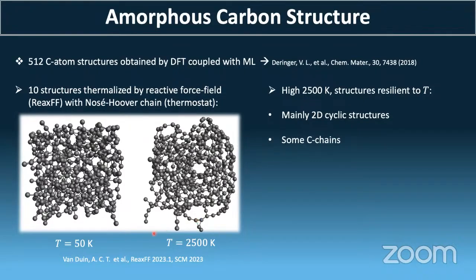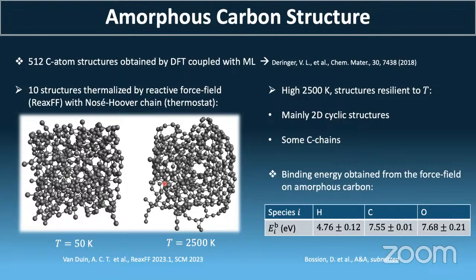And we can also see some carbon chains. Of course, this reactive force field type of calculation is not very accurate, but I think it's already interesting to notice that the 2D cyclic compound in the carbon chain is something that we find a lot in space. And to see that naturally, just by thermalizing any amorphous structure, we actually already obtain those. So then we can imagine that PAH can easily be formed this way also, just by thermalizing structure. I mean, thermalizing in the media where the temperature is high, it will generate those types of structure.